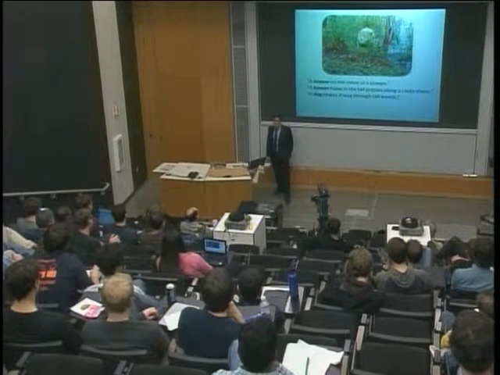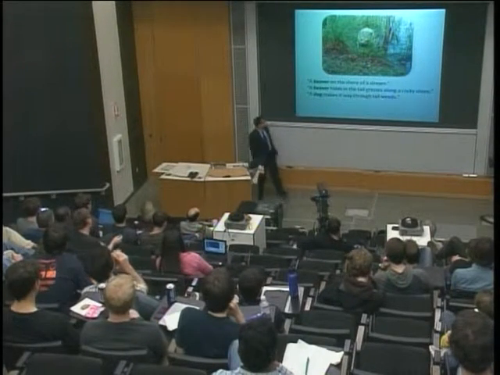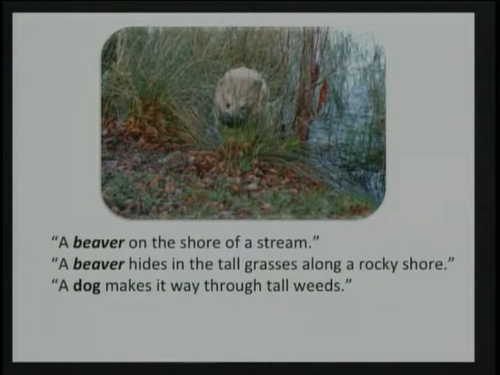For the visual attributes, let me pull another example from my datasets of images and sentences. When we showed this picture to people on Amazon's Mechanical Turk and asked them to write a sentence, people showed different behavior. Do you know what this creature is? Okay, so the same pattern happens. Some people on Mechanical Turk thought there's a beaver in this picture and wrote sentences like, a beaver on the shore of a stream. It's not a beaver: the nose is the wrong shape, the ears are too long, and the fur is a different color. Another person thought it's a dog.